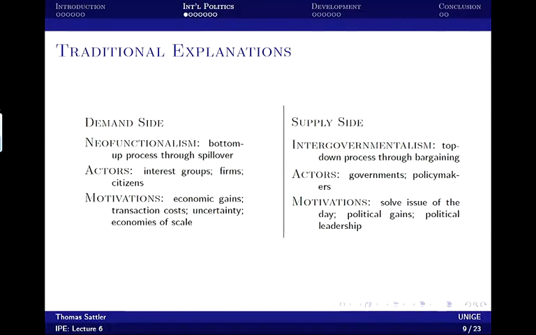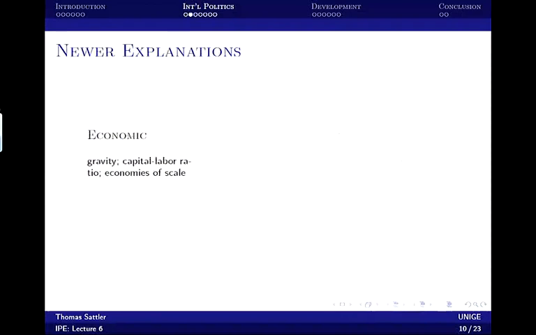So those are the old explanations, which are rooted in theories of European integration. But clearly, they explain some of it, but they cannot explain why we see preferential trade agreements all over the world, between continents. So we take that as a starting point, but we're going to focus on other explanations. The economic explanations, for instance, refer to comparative advantage, different capital-labor ratios, or economies of scale that firms can benefit from if they expand their market. But again, this doesn't explain why we have preferential trade instead of multilateral trading systems.